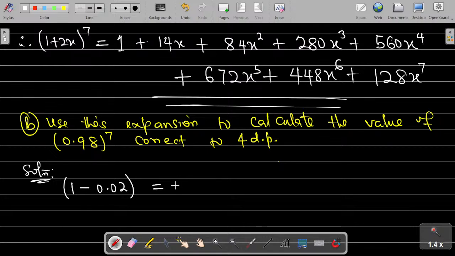look at it there, we can put it in this form, 1 minus, if we bring out 2 here, we are going to have 2, let me use another color to write that. So we are going to have 2 into 0.01. Okay, just follow me, you will get what I'm doing. So that means our 0.98, please remember to put the power, our 0.98 is equal to this, if you are